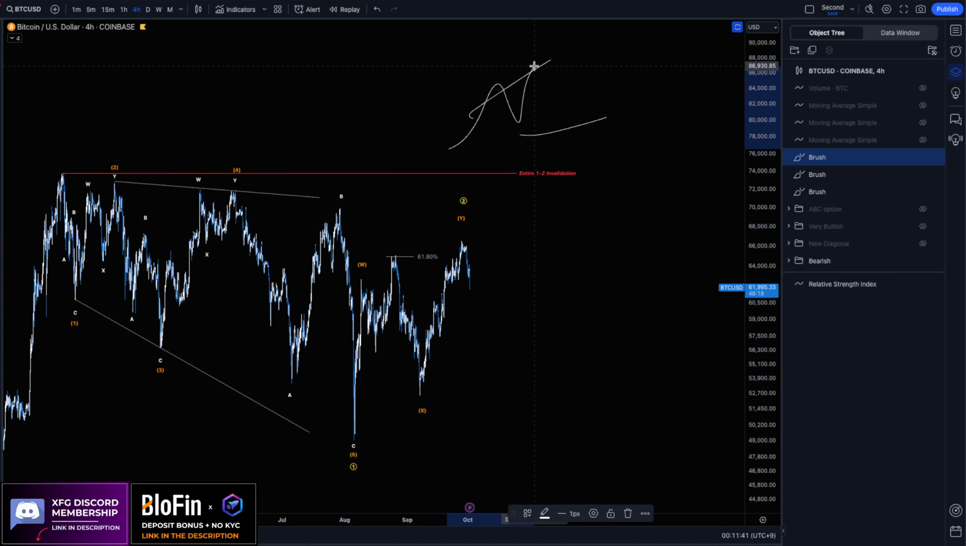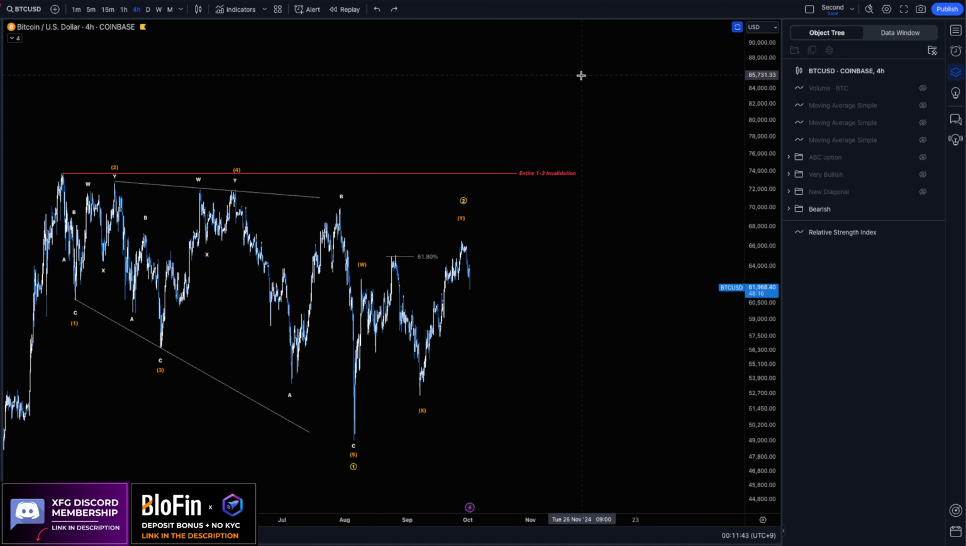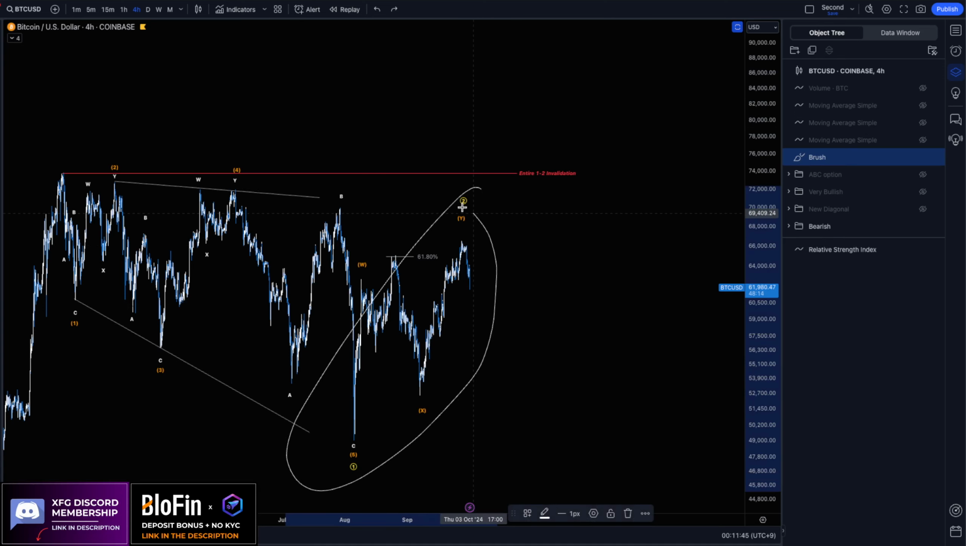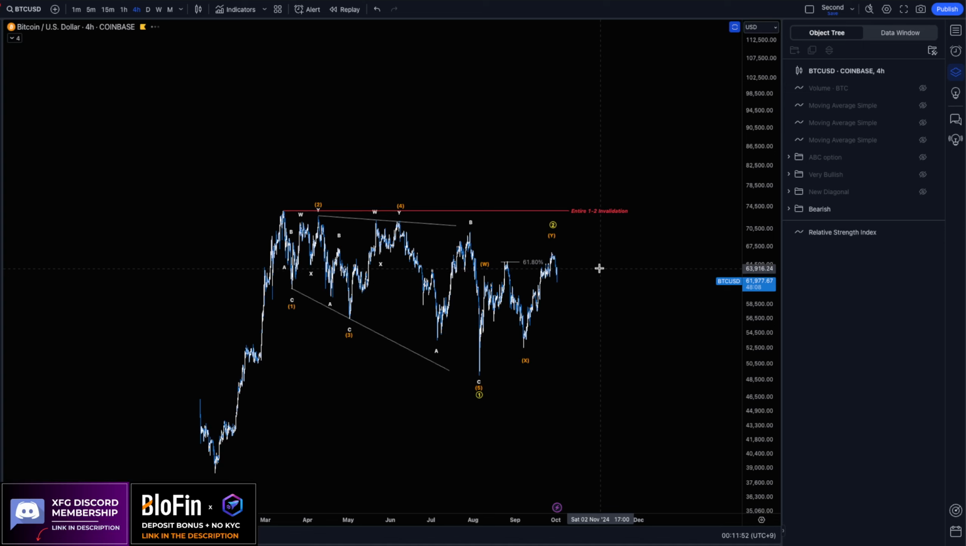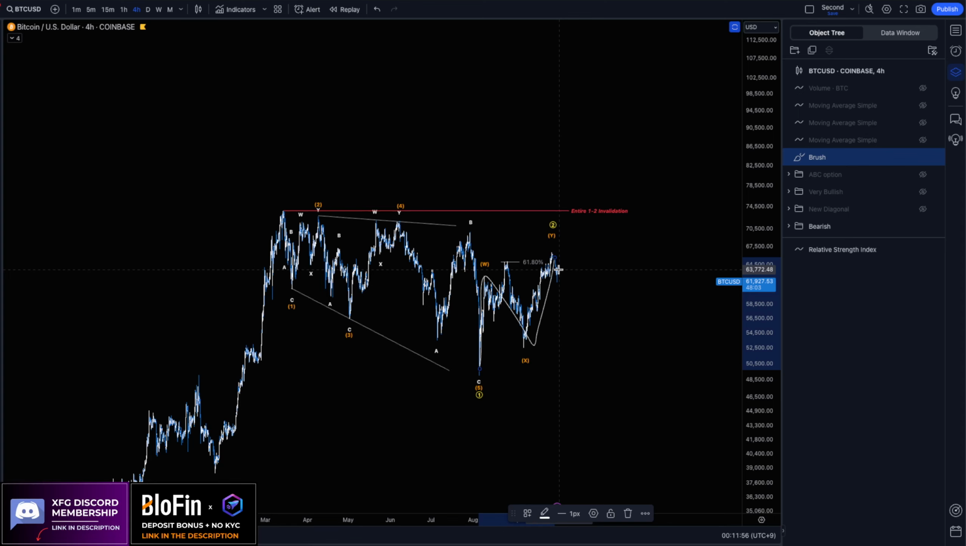Usually expanding diagonals are quite rare for a wave 1-2 until the wave 1-2s actually play out, that's after the diagonal has played out. So it's usually in hindsight that they get confirmed. But right now, since we are able to identify one, this move here can just be part of